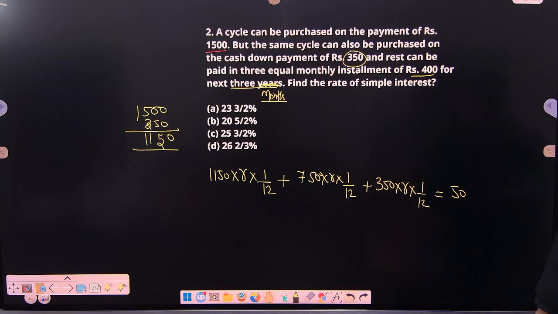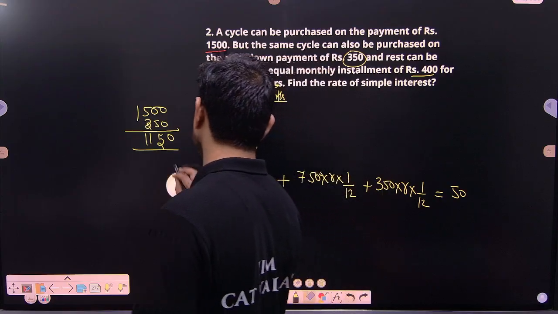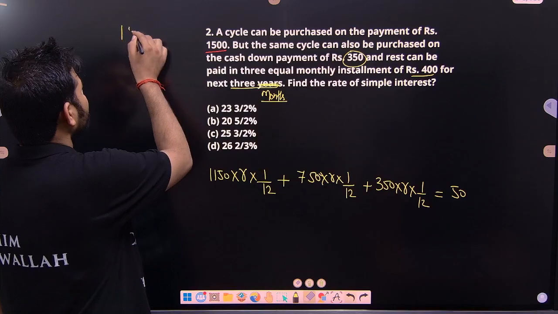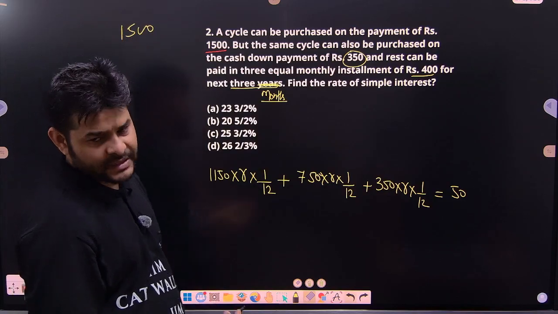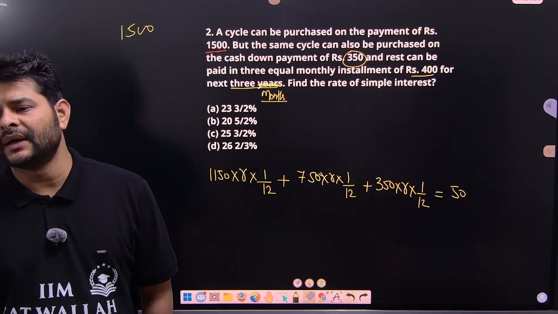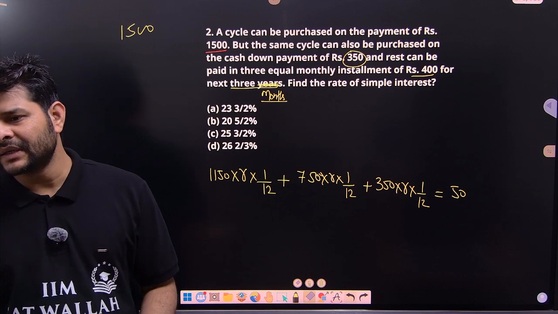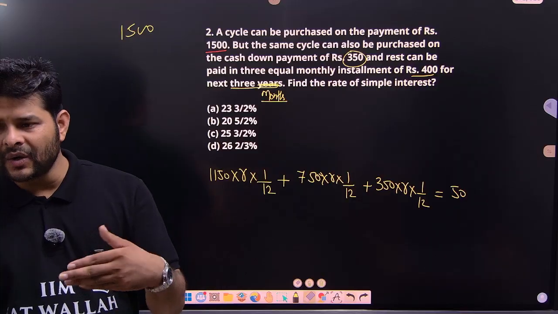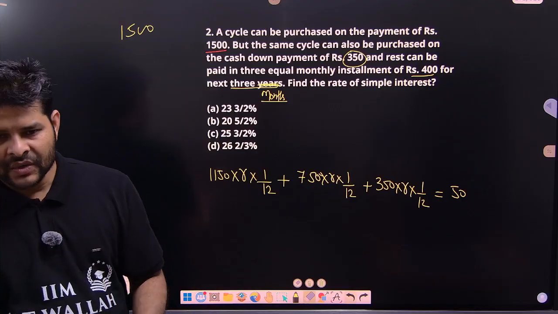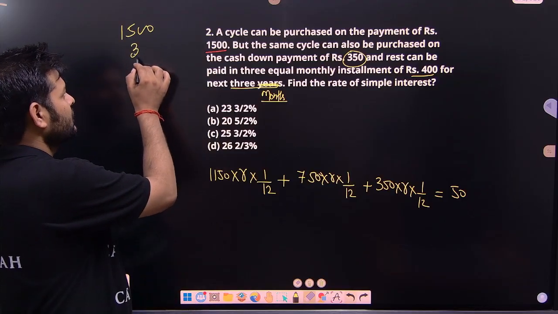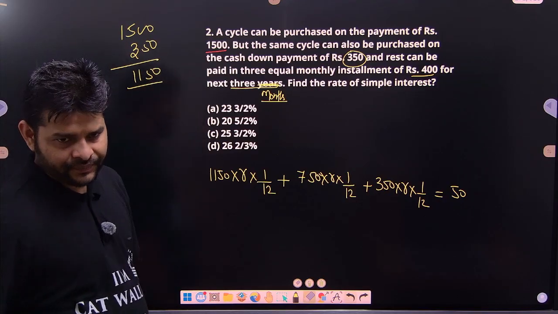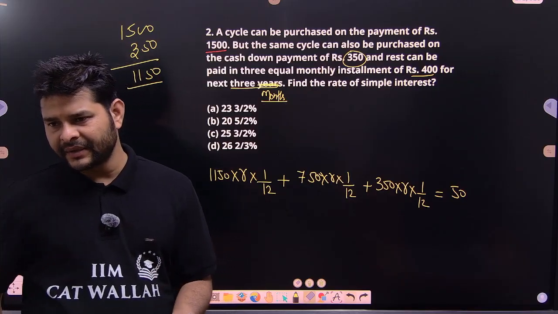A very simple thing. Again, you need to understand the real cost of the cycle is 1500. If you have 1500, just pay immediately and take the cycle. If you don't have the 1500, we have the option, that means EMI options. On EMI options, the minimal amount that you need to pay is 350. So when I pay 350, that means 1150 will go for the EMI. So on 1150, they make the EMI.